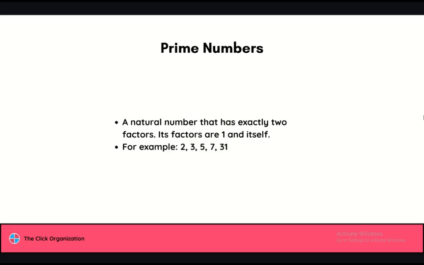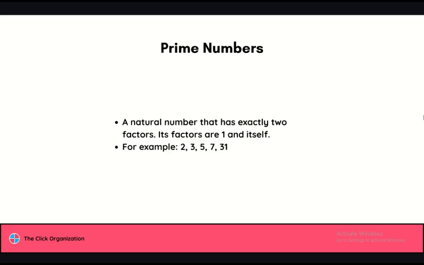For example, I have some examples for you. For example, 2, 3, 5, 7, 11, 13, 31, these are all prime numbers, which means that they have the factors of 1 and themselves. And I want to add two notes in this part. First is that 1 is the only number that is neither prime nor composite, because 1 has one factor, which